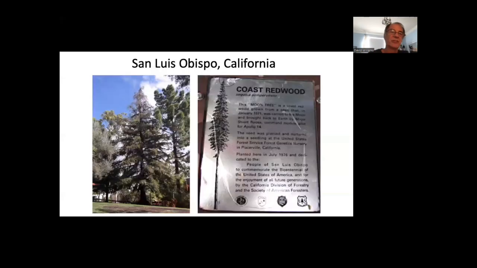So I don't want to forget the redwoods. There are the beautiful redwoods. They're all planted in California because redwoods have a very small growing area. And I guess that's one thing I should have said: they tried to pick trees that could grow in all various different climates and conditions. So the redwoods were probably the most specialized ones because they have a limited range. But again, redwoods are impressive because they're big. This is one that I've actually visited in San Luis Obispo. It's just a beautiful big redwood tree, and a lot of them have plaques with them.